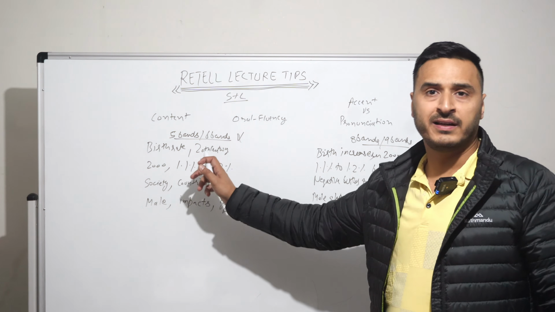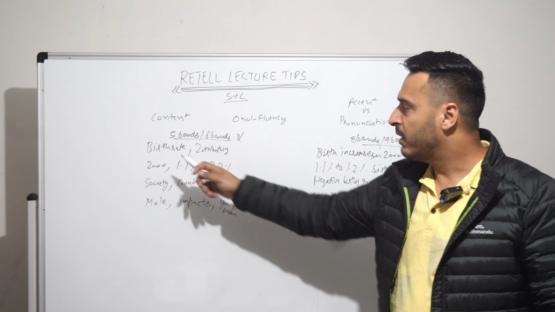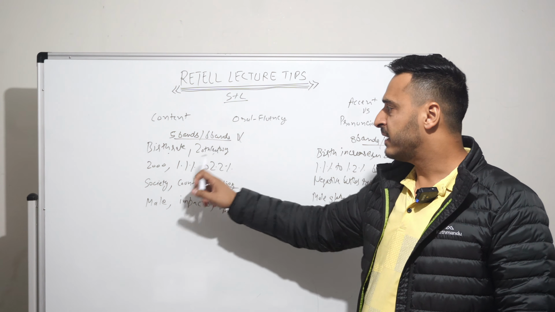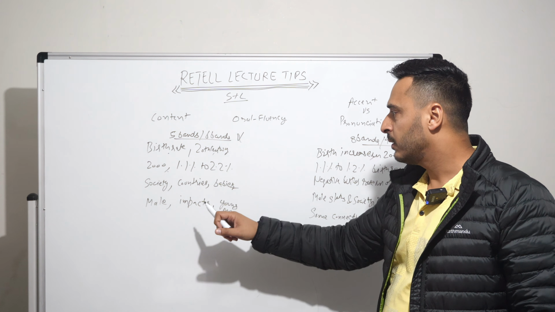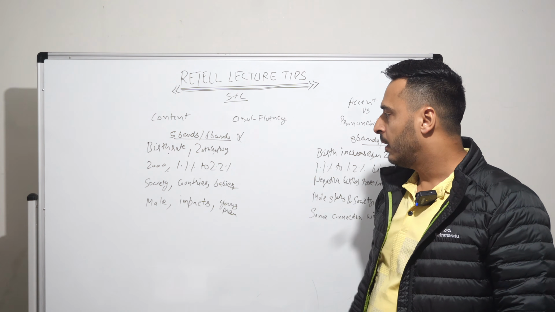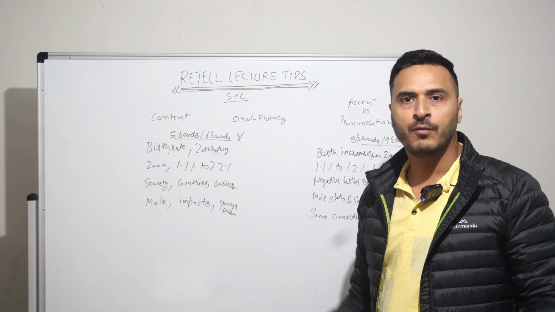How can you speak in this case? Does it really matter what template you have? You will speak: The lecture was based on birth rate. The speaker mentioned 20th century, 2000, 1.1%. The speaker explained 2.2%, society and countries. He also told about babies, male impacts and young men. What is this, mind?